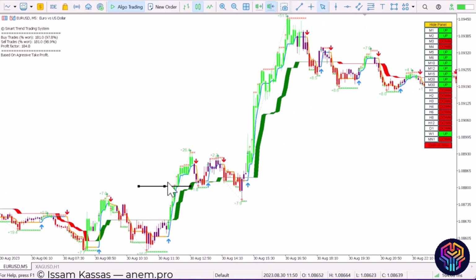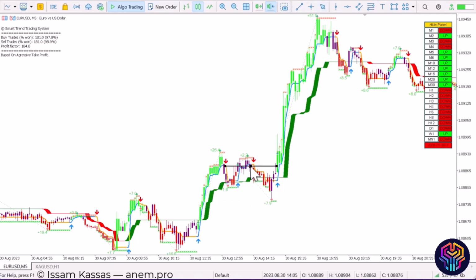I got another signal here, which is going to be a loss. So I'm entering here, my stop loss here, the price reverses. That is fine. I got another signal here. My stop loss is going to be here below because the price did not give me that lower high. So I'm not putting my stop loss any higher. I'm putting my stop loss right there. But the price here favors us and moves all the way up, which gives me a lot more than 1